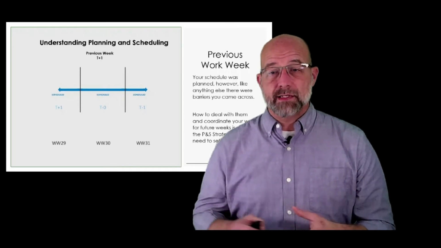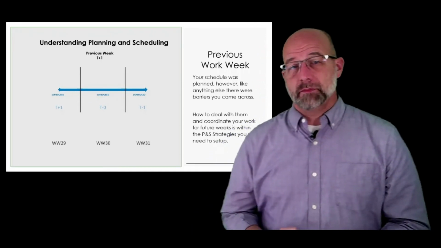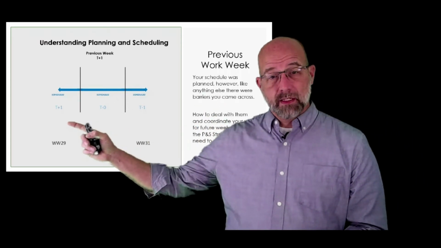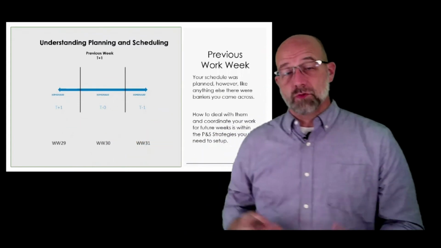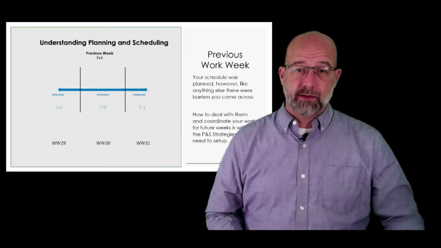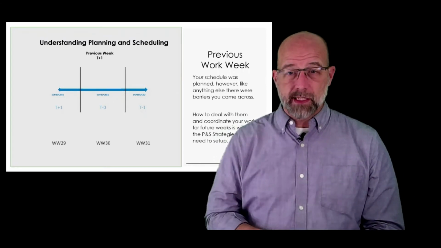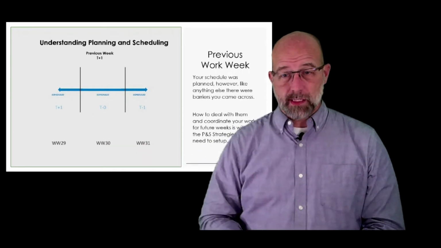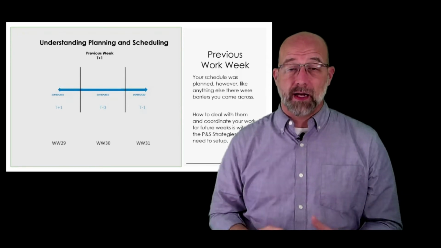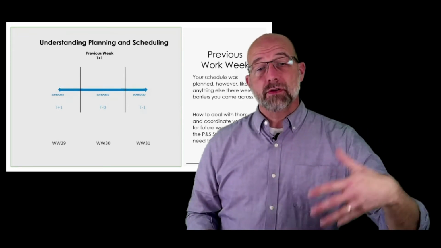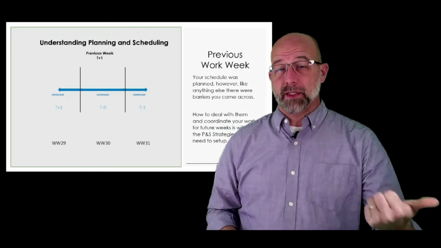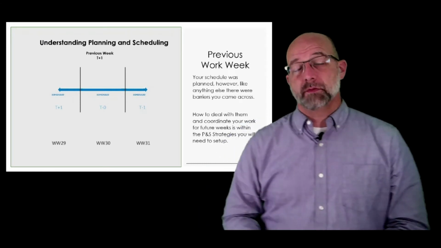Your work is developed, especially in the maintenance and reliability world, on a week-to-week basis, so you want to schedule that accordingly. This blue line represents the scheduled work that goes from week to week. T+1 is the previous work week, T-0 is this work week, and T-1 is next work week. So we're going to work with these three just so that I can give you an idea of how this really comes about and how it works. And we'll show you how to diminish your backlog by using some of the principles that I was talking about earlier with the planning and then having the talking points for the break-in work.